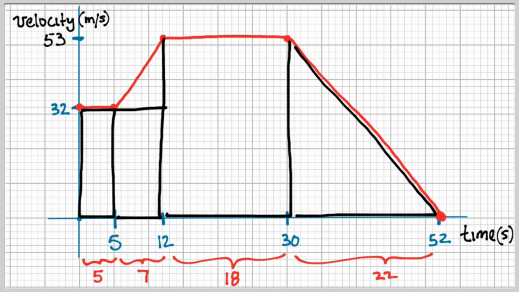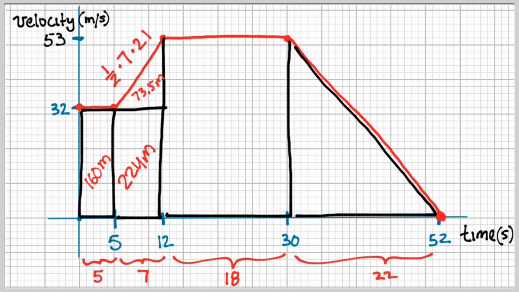So our first rectangle is 5 seconds wide and 32 meters per second high. So 5 seconds times 32 meters per second will give us 160 meters. For our next rectangle, it's 7 seconds wide and 32 meters per second high. And 7 seconds times 32 meters per second will leave us with 224 meters. For our triangle, we have 7 seconds wide, and then the difference between 32 meters per second and 53 meters per second is 21 meters per second. So we're going to do 1/2 times 7 seconds times 21 meters per second, and that comes out to